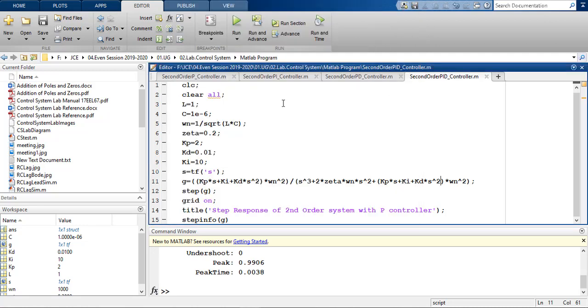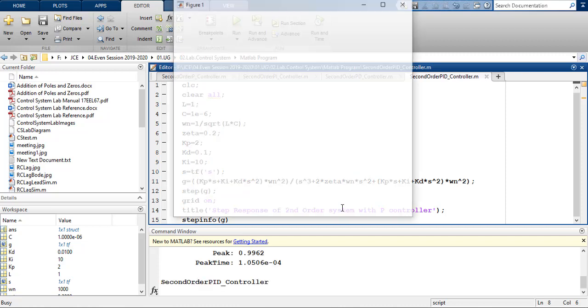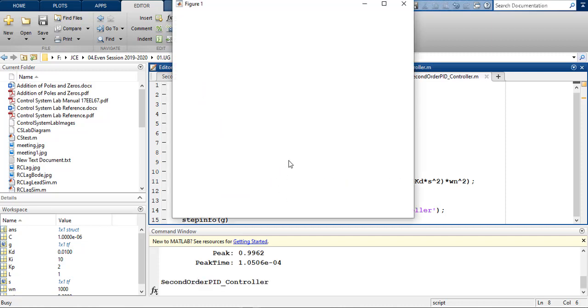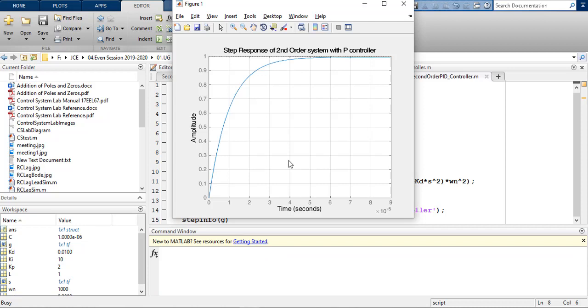So you can go on changing the value. You can make KD equal to 0.1 and then check the values. What will happen if the KD becomes 0.1? You can also check the values there.